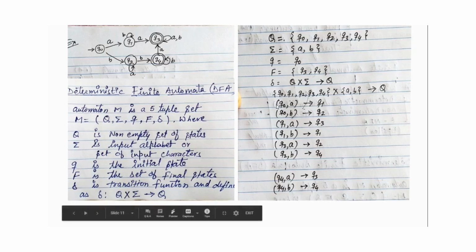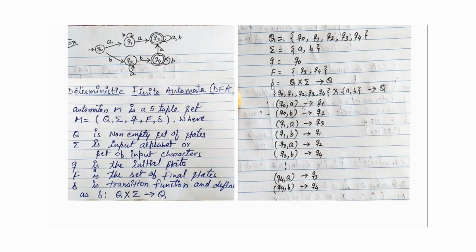Now coming to the last part of the automaton, which is the transition function, and this transition function is written as Q cross sigma arrow Q. This is the cross product. Hope it is clear to you from basic mathematics what a cross product is. Q cross sigma arrow Q, any state from Q. So let's find out the cross product. So Q, these 5 states Q0, Q1, Q2, Q3 and Q4, cross sigma, which is small a and small b. The cross product of these two will have these pairs: Q0 comma a, Q0 comma b. This is the result of the cross product of these two.